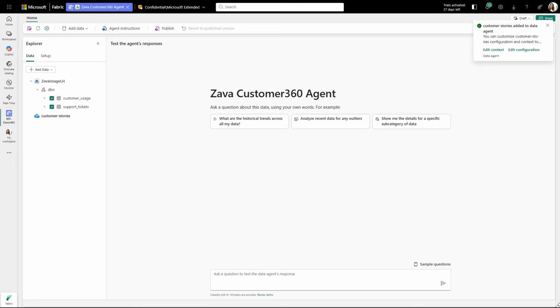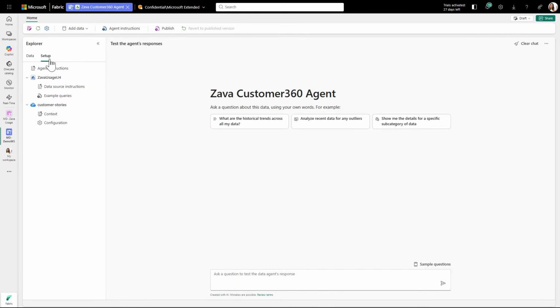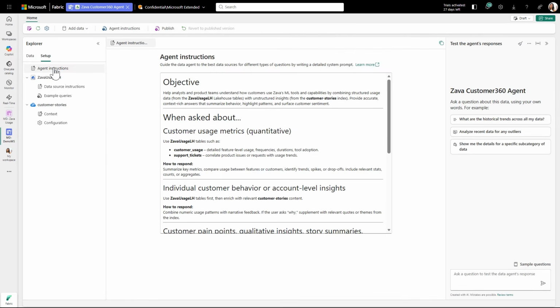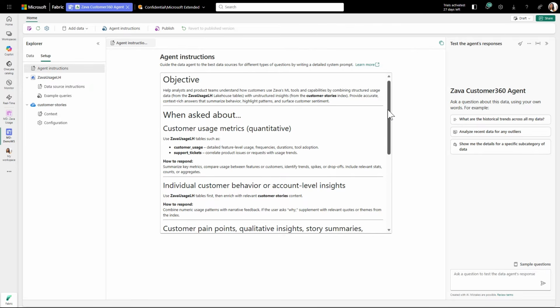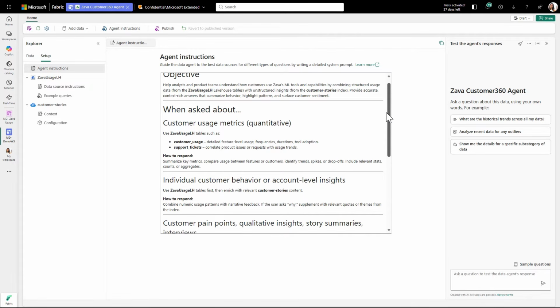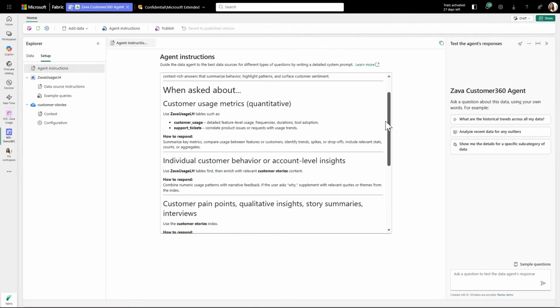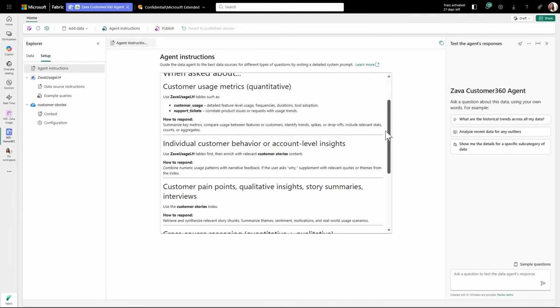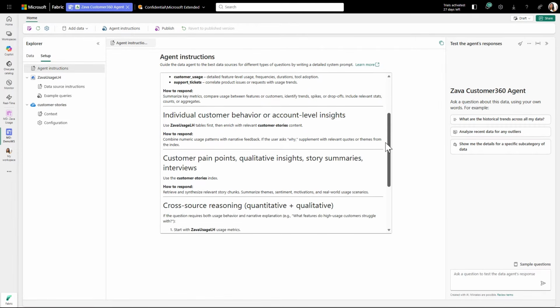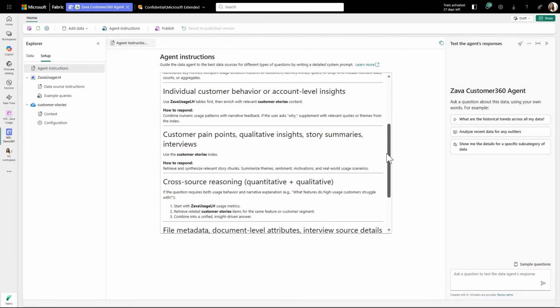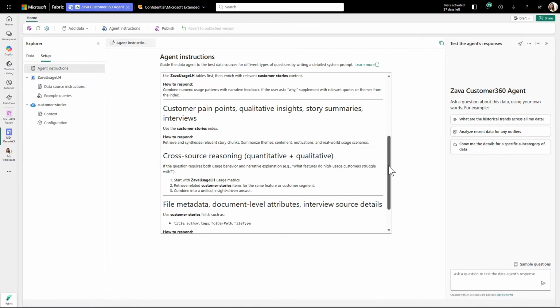To help the agent choose the right data source, I'm going to add some agent-level instructions. This is where I define the agent's overall objective and explain which sources it should use for different types of questions. For example, when the question is about usage metrics, spend, churn, or activity trends, the agent should query the Zava Usage Lakehouse. When the question involves qualitative feedback, customer stories, or interview insights, it should use the Customer Stories